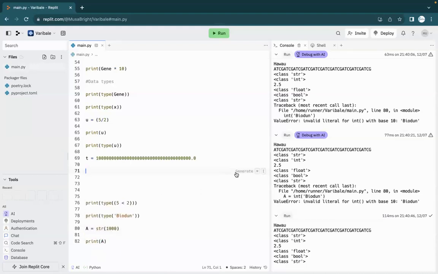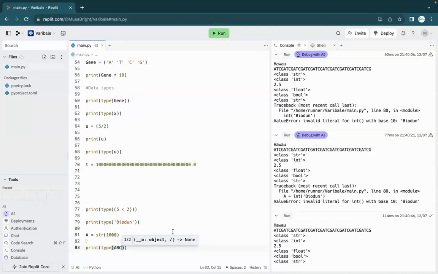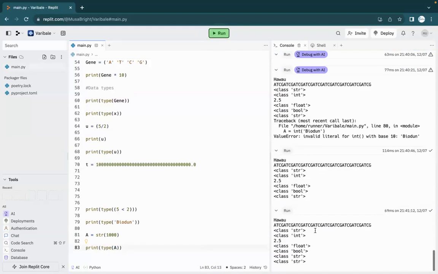Now let me print A for you. Let me say print type A. I think you already know A is 1000, which is an integer. So we casted it. Now let's see what's going to happen. Did you see? It told me A is a string. Can you understand what I'm saying? Because I casted it,